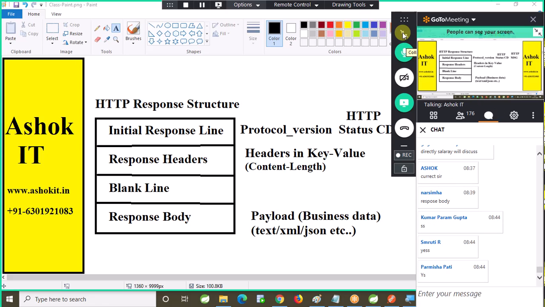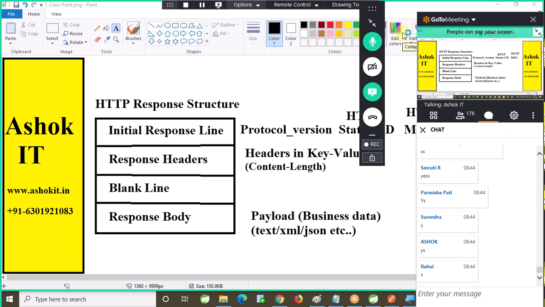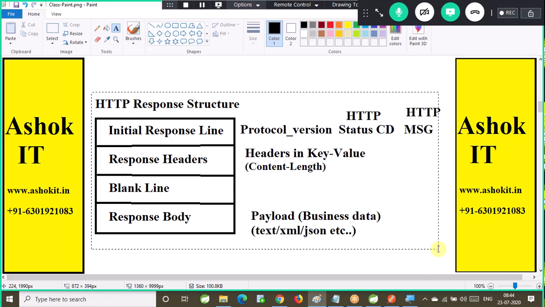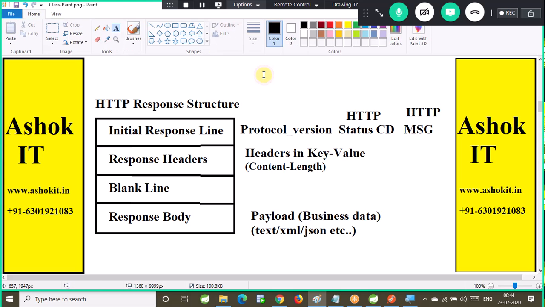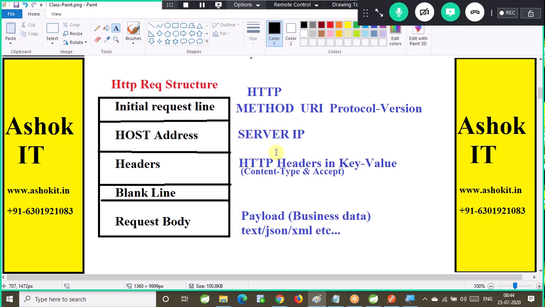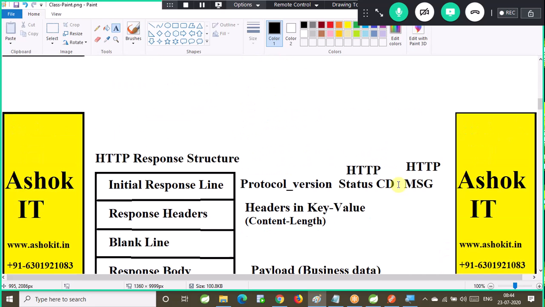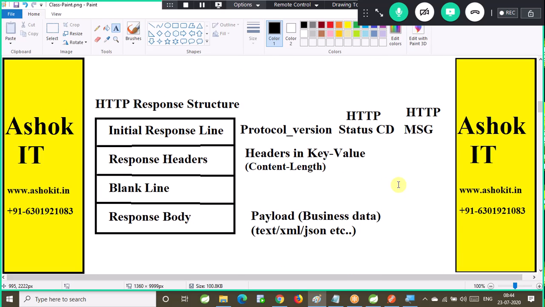So now I will make a request to the server. Now I want to see the response. I need to verify whether my response contains all these details or not. The request has already been verified, so whatever we discussed is 100% true. Now we need to think about the response also. We need to verify whether the server is really sending this many details in the response, right?